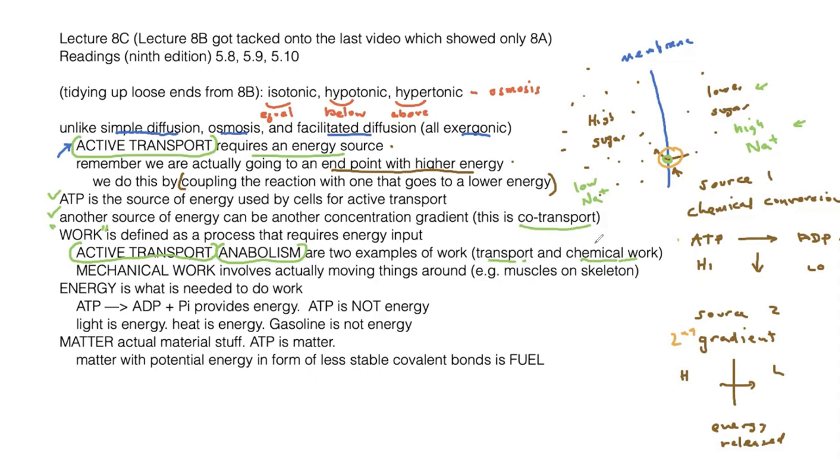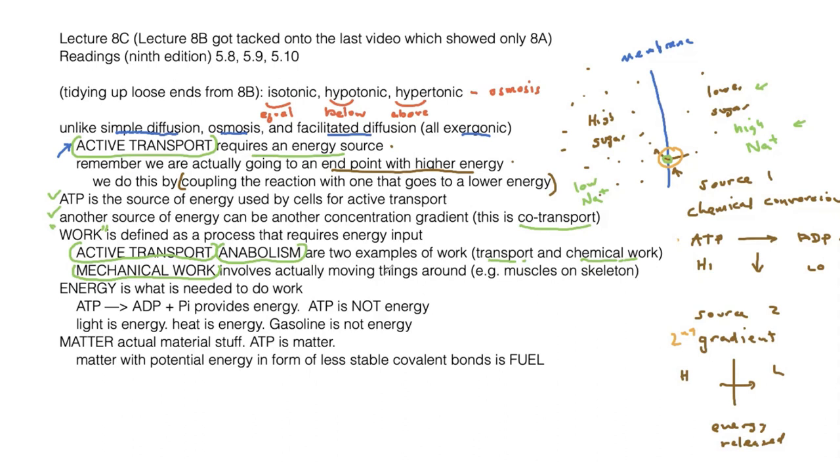Converting these covalent bonds into those covalent bonds, and those covalent bonds represent a higher energy state, that would be chemical work, and anabolism is a good example of that. Okay? The third kind of work that we can relate to, maybe even better than the first two kinds of work, is mechanical work. Okay, and mechanical work also requires an input of energy, but this is the kind